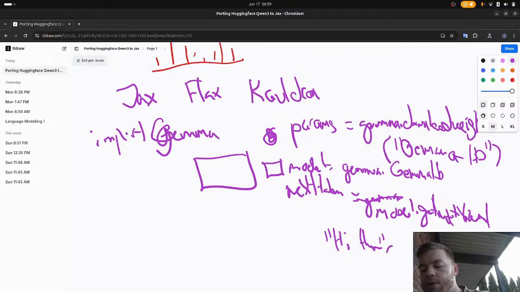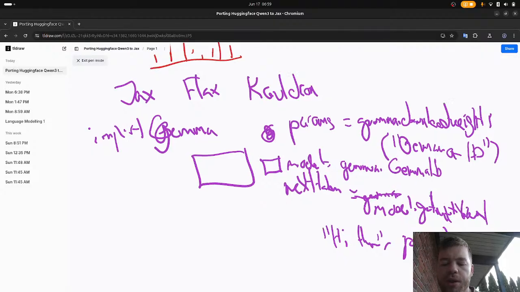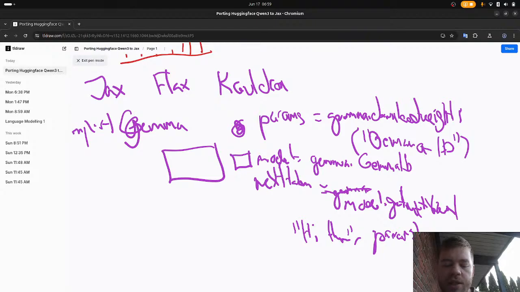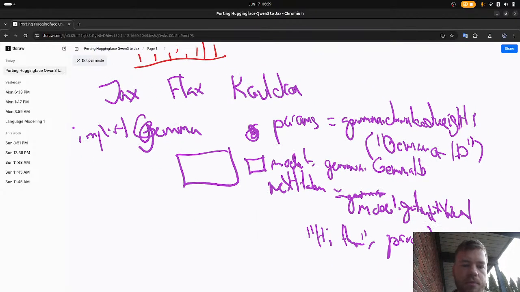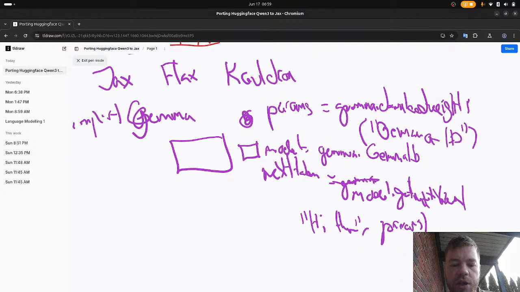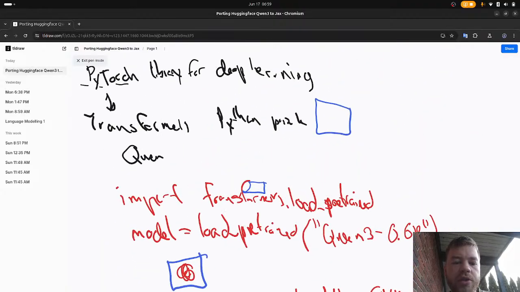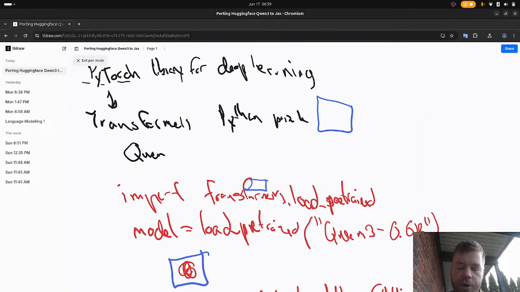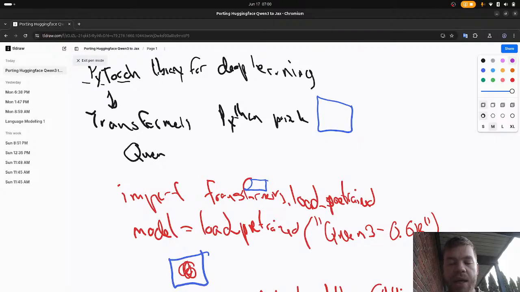But you can also take the parameters. They call it params here. So they have a bit more split up, and in many ways Jax is an interesting framework for this stuff. The transformers library has to accommodate a lot of transformers. Very many companies are building their own transformers. They want it in there. They have a lot of different use cases, and therefore the transformers library is very big, and